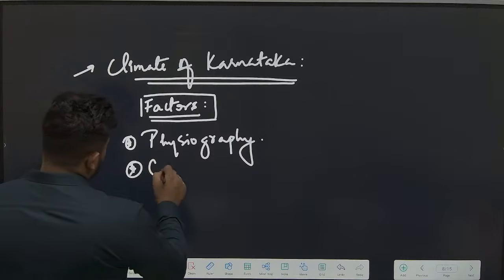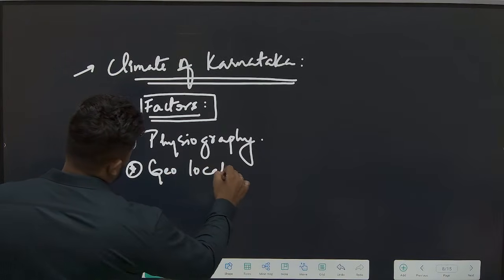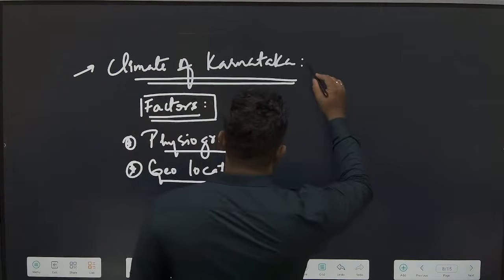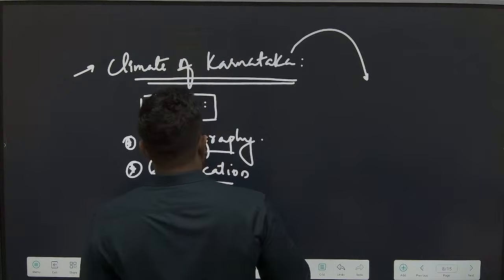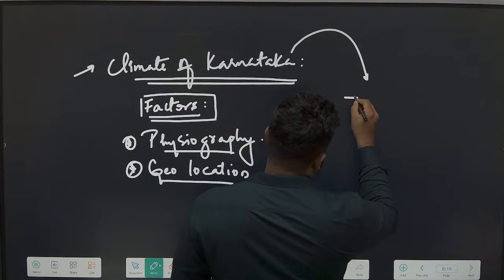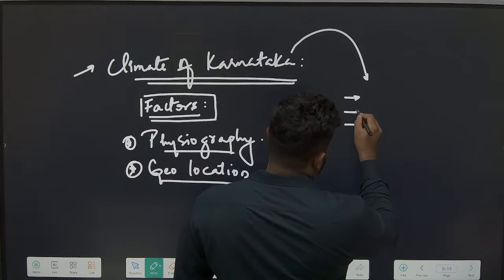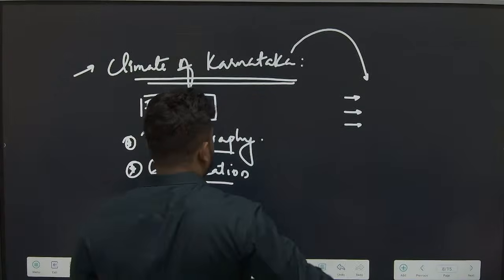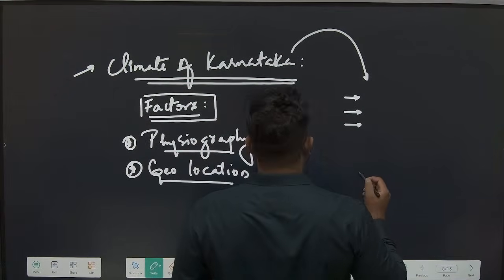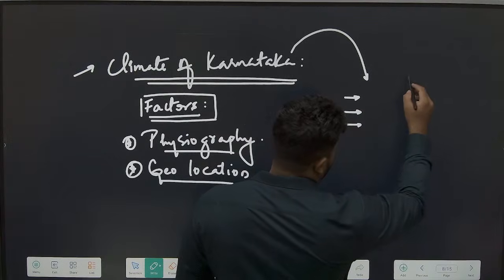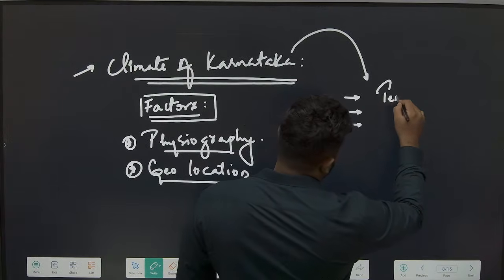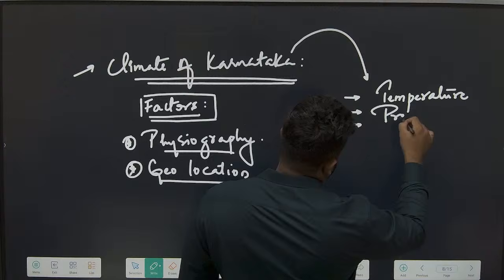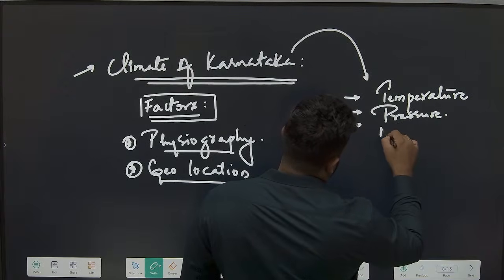Second aspect would be its geolocation. Correct? And before proceeding any further, I'm so sorry, I forgot about this. Climatology, understand this, to analyze climate, there are always three variables that you'll have to consider. Please follow this particular approach. You will see yourself making very few mistakes in climatology, let it be Indian climate, world climate, or climate of Karnataka. There are three fundamental elements of weather and climate. Number one, temperature, pressure, and moisture.